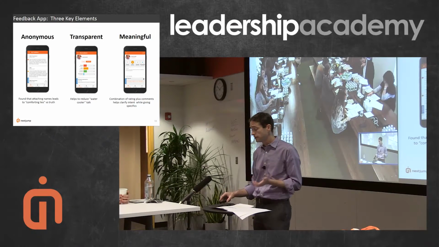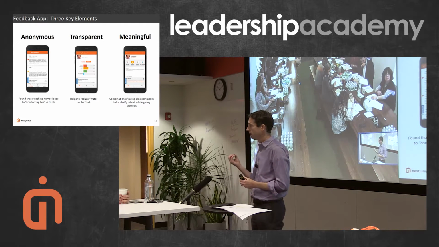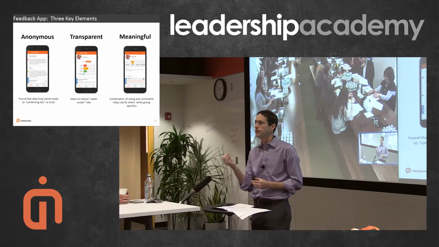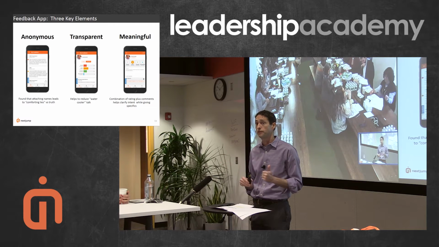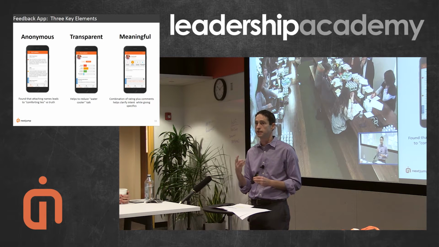So three key elements, I'll touch on the feedback app. You've all used this, I'm not gonna spend a lot of time, but when we designed it, and iterated on it, there were three very deliberate choices that we made. The first one was anonymous, and we found that attaching names often can lead to comforting lies